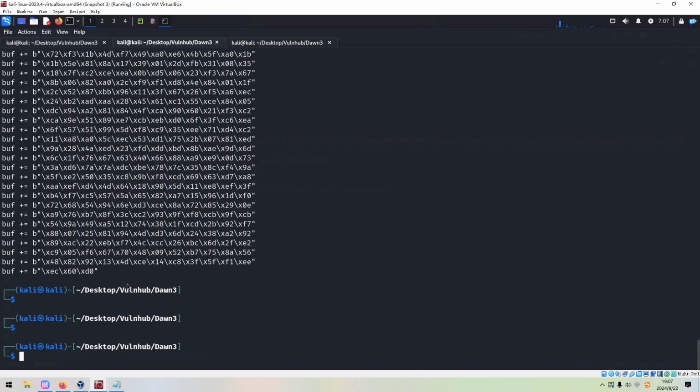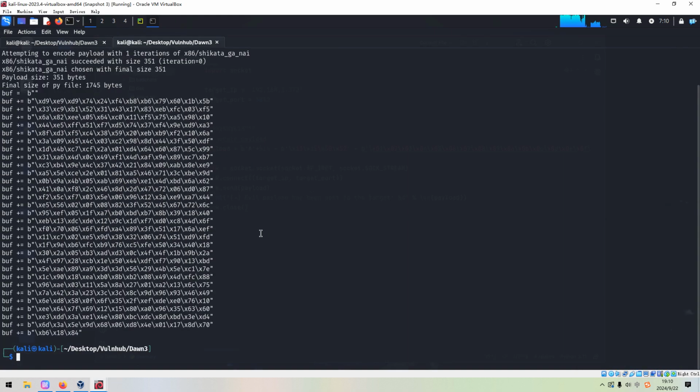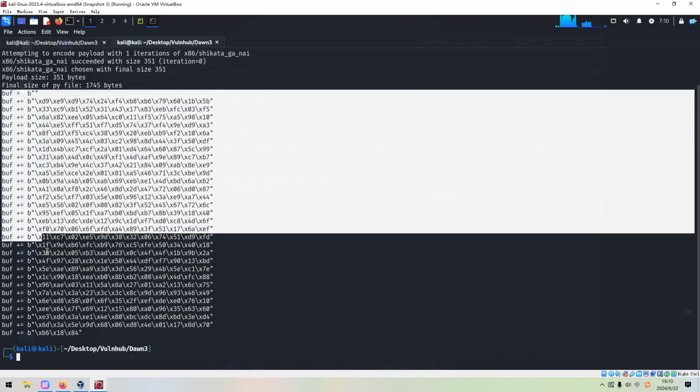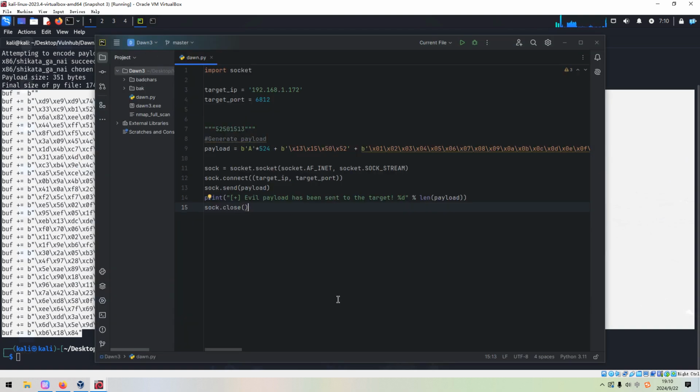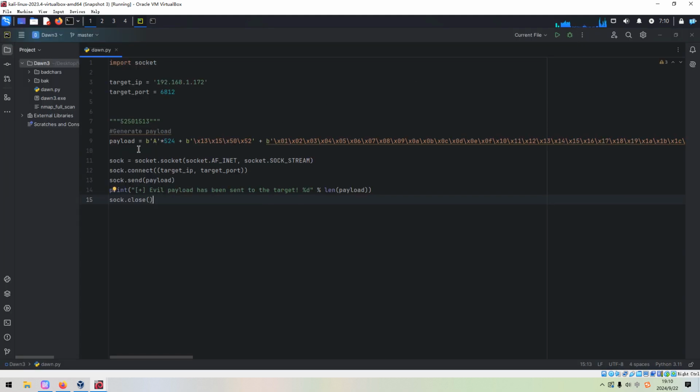So maybe I need to fix the issue first and then we'll come back. All right, I'm back. I rebooted the Kali Linux. So now we can copy this payload. This payload is created with MSFVenom.